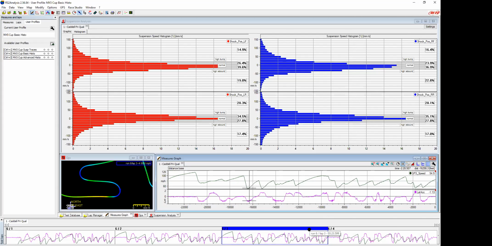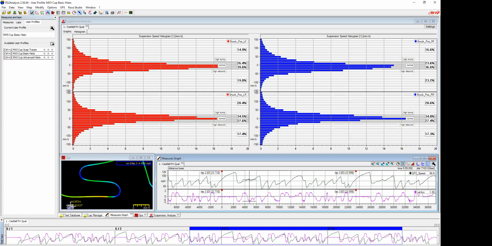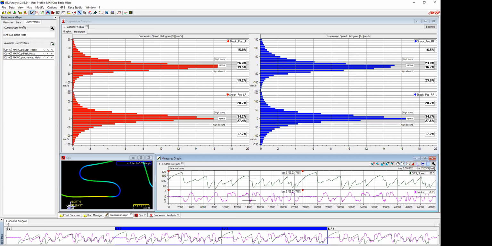We're no longer snapping to a lap. And now I can come out here and I can zoom out and grab the entire 2 actual laps. The out lap is not gathered because he was just getting up to speed. I'm looking at the entire 2 laps worth of information here, and then not getting the in lap as he came in. And now these histograms are a good sized chunk of data. 2 of these 4-mile laps, 8 miles worth of data that I'm now getting even a better average of the information if you're looking for the overall. So that's the snap function, the measures graph is boss. I just wanted to make sure we kind of covered that again in this